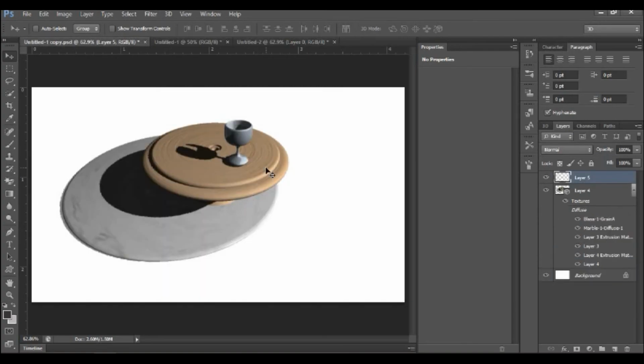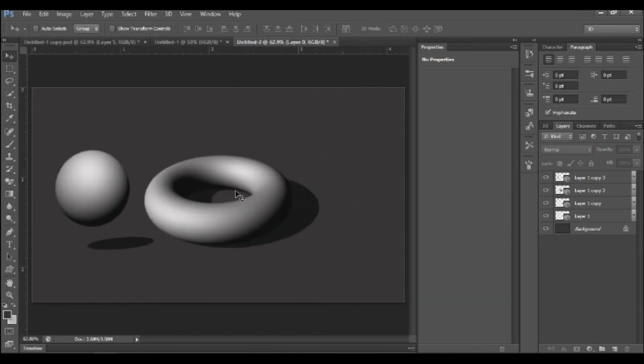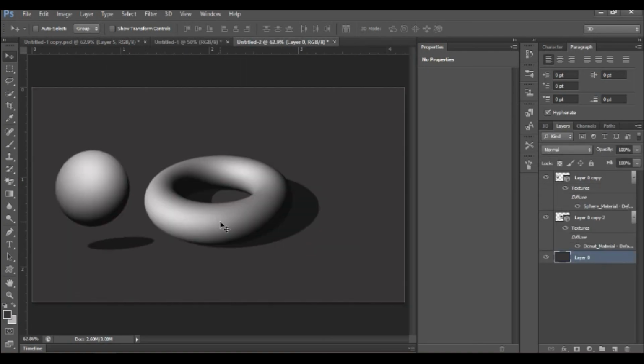You can create different types of stuff like this table and glass set, or these type of shapes. So this shape is that donut shape, and you can see this pear shape here, and this is pyramid, and this is cone shape. So try it out on your laptop, PC,